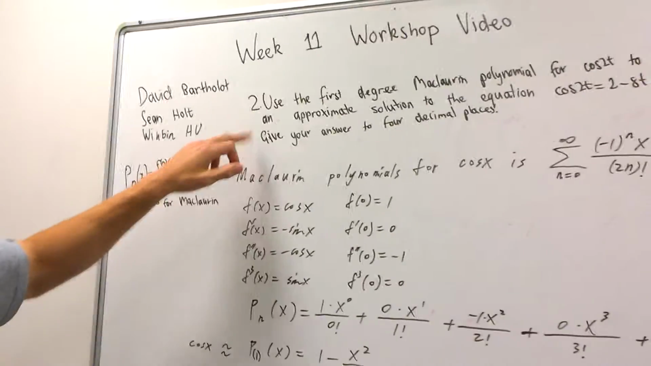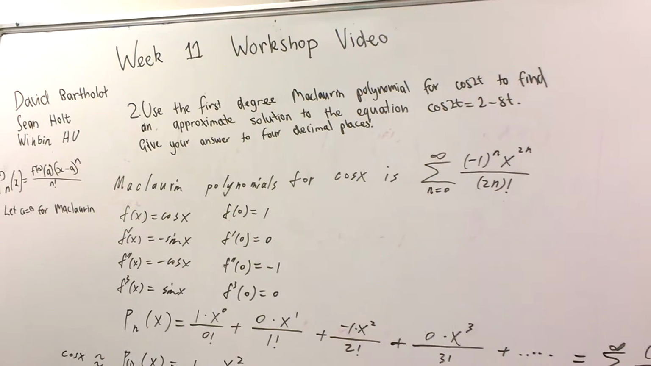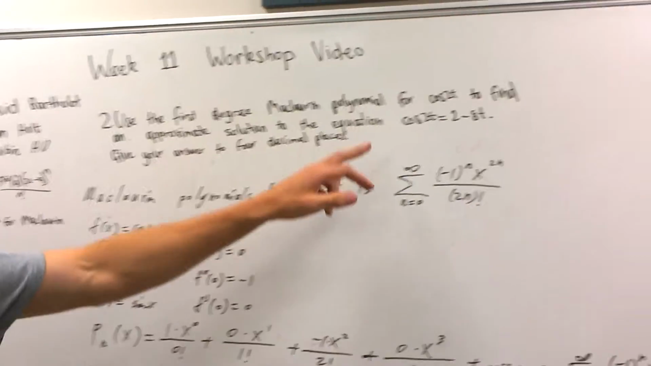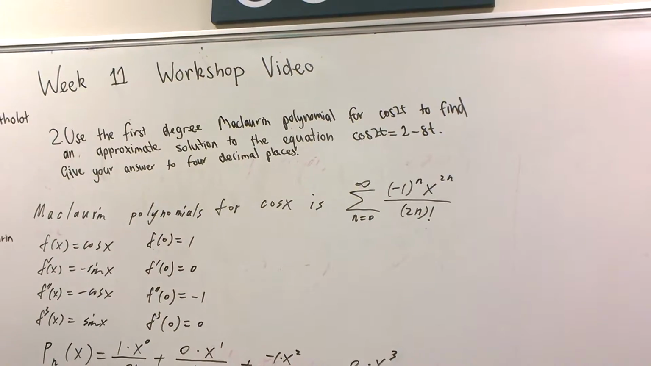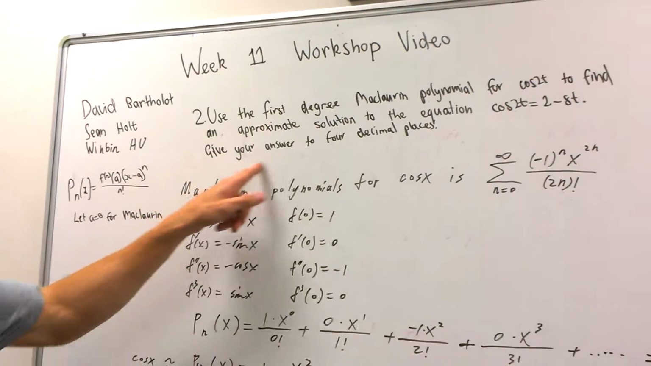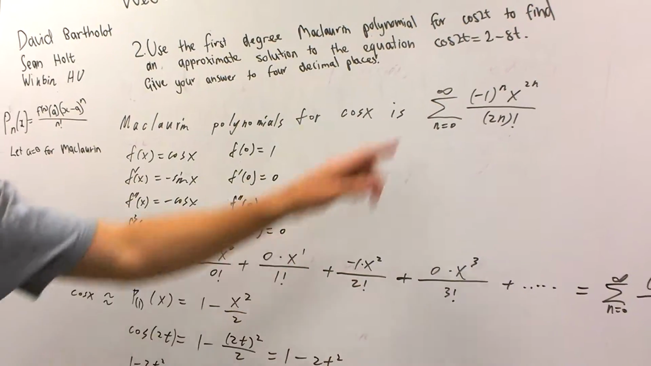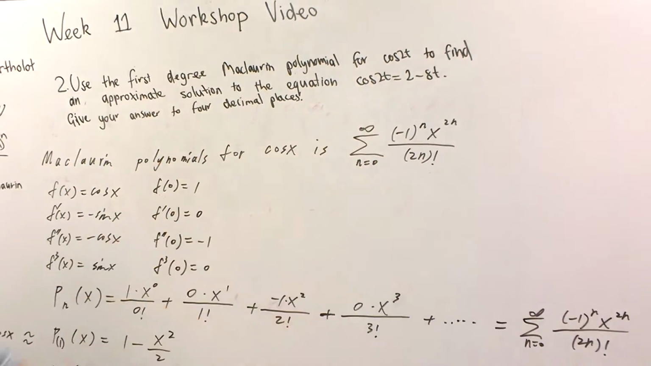Our question was, use the first degree Maclaurin polynomial for cos 2x to find an approximate solution to the equation cos 2x equals 2 minus 8t. Give your answer to 4 decimal places. So what we're trying to do here is to find a value for t which will satisfy the equation,